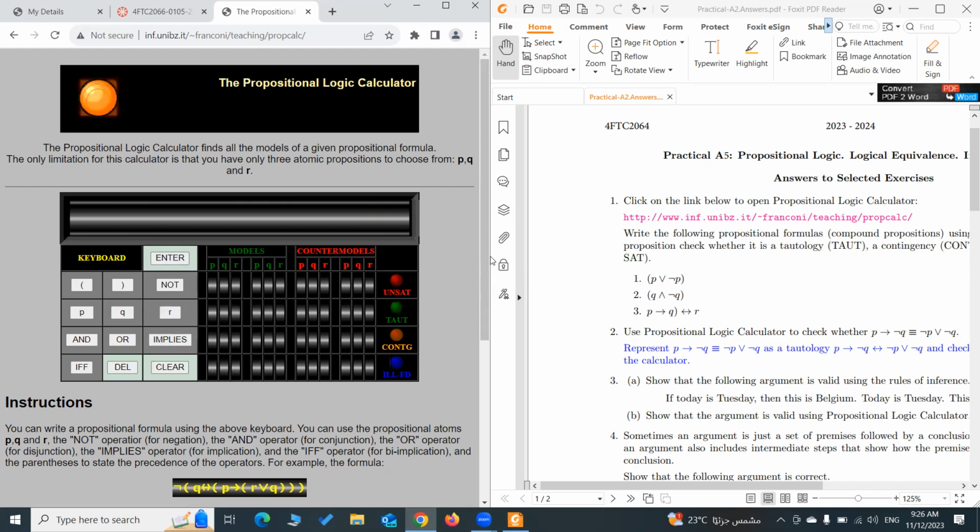And clear, and do the other one, Q and not Q. So this should be a contradiction, guys. Enter. So this is a contradiction. The first LED indicates a contradiction. Okay. So the last one, guys, is